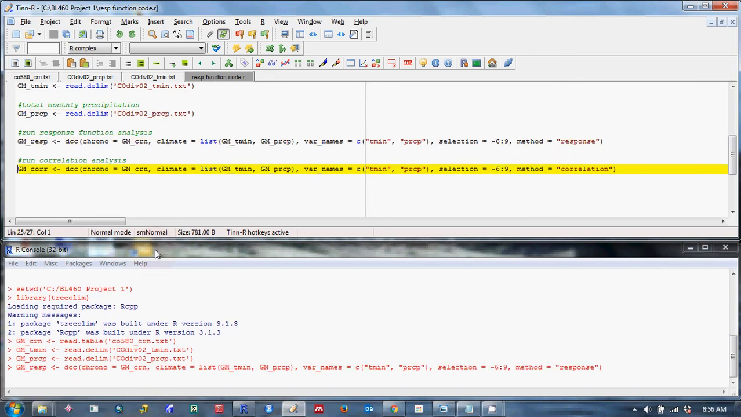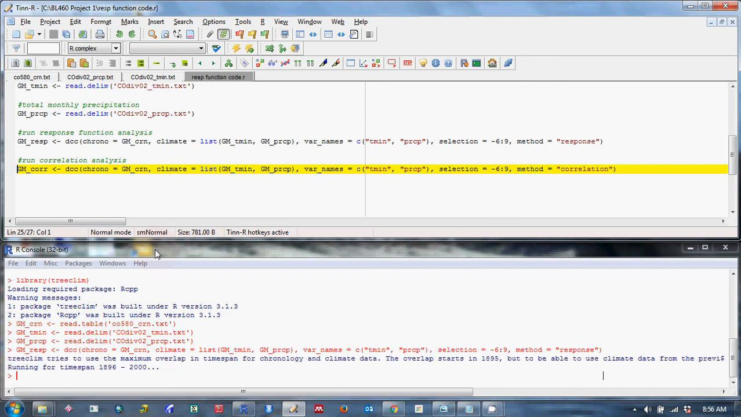So you get this little message that it tries to use the overlap. So we're starting in 1895. So the time span is 1896 to 2000, right? That's the maximum overlap between our climate data and our tree rings. Okay, now it's all done and nothing happens. So what you have to do now,